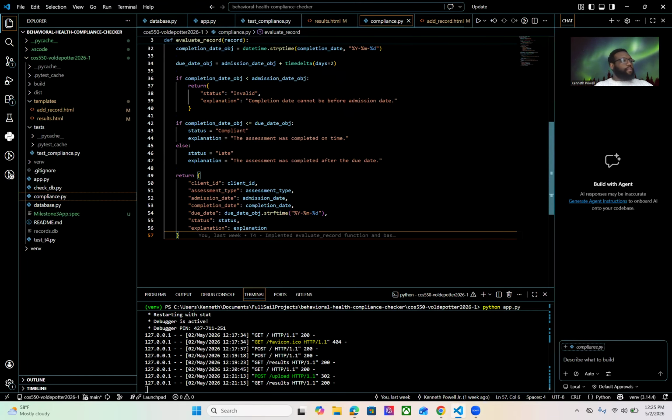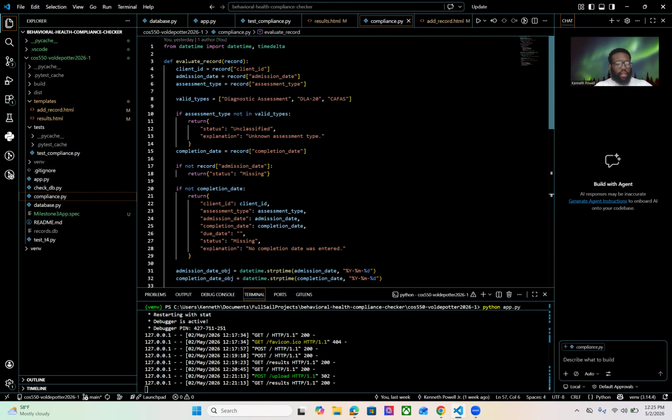Next, I'm going to go through compliance.py. This is actually the compliance engine. This file contains the core compliance logic. The main function is evaluate record. It takes one record and returns a dictionary with the due date,